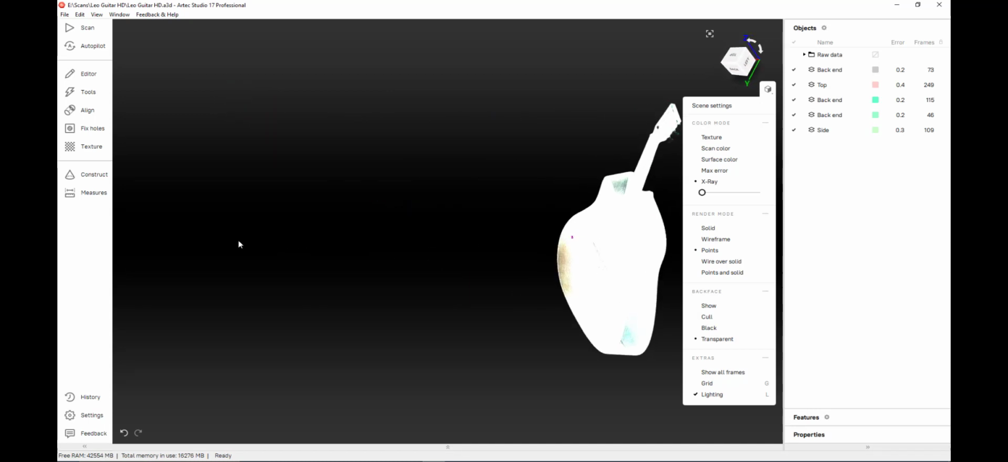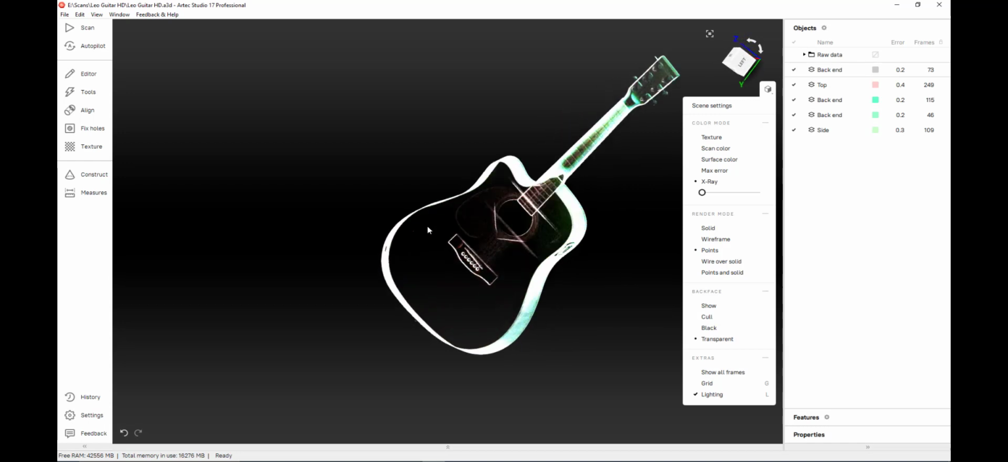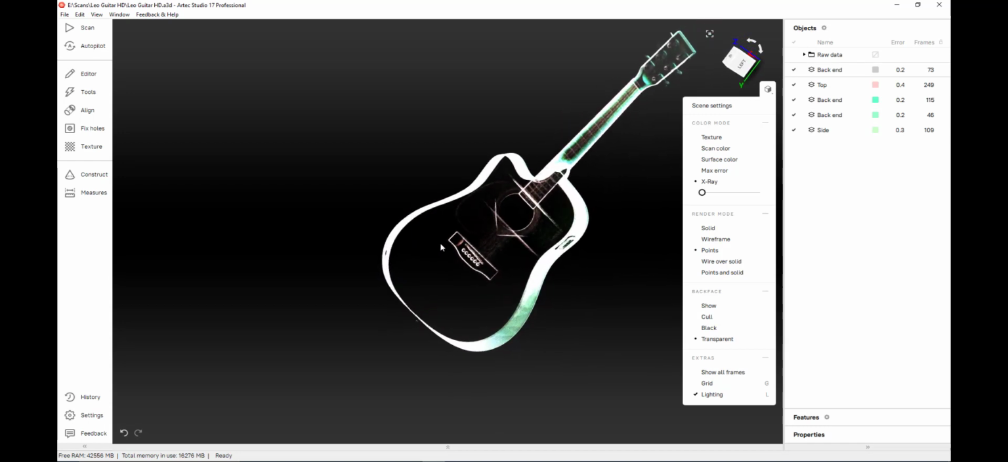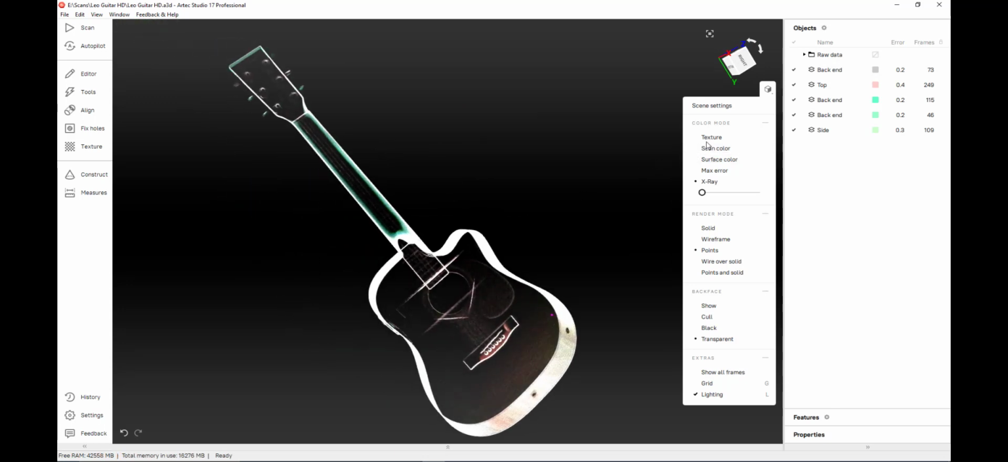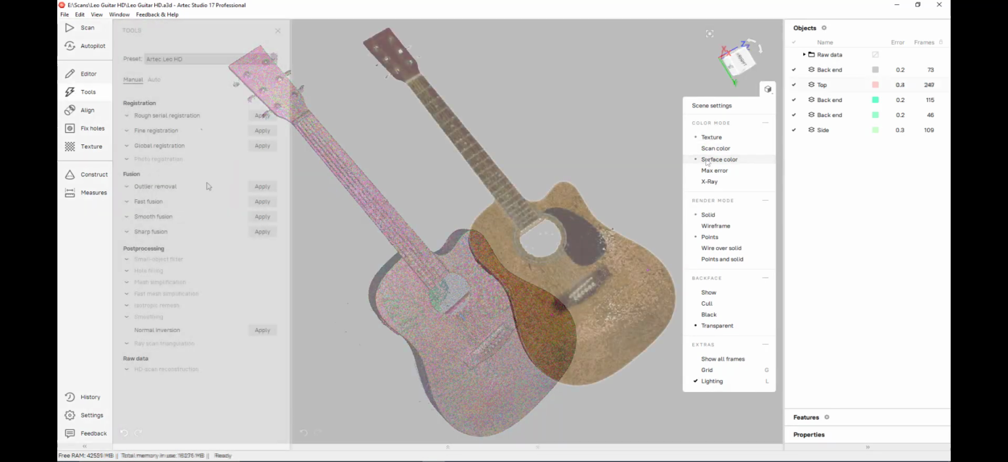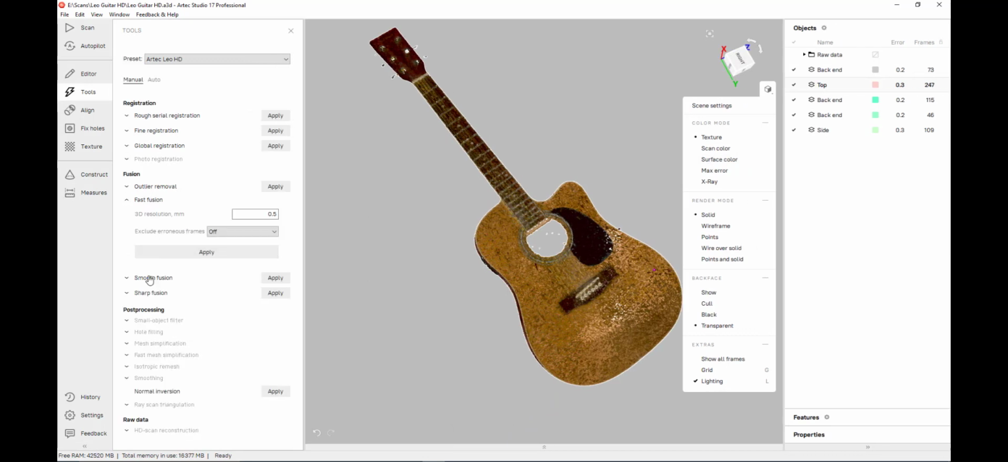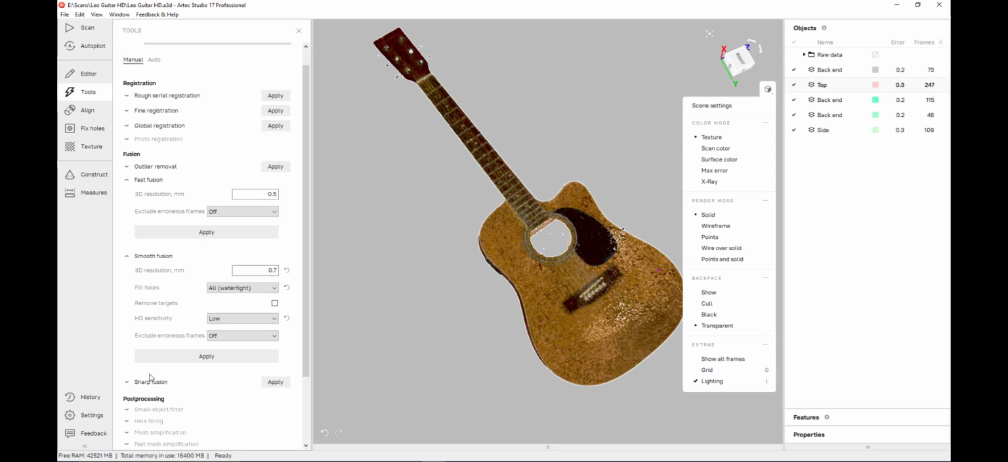For render mode, we can display our scans in a preview solid form, wireframe, or points to see how our point cloud looks. Utilizing the different options with the scene settings can greatly help with identifying troublesome areas and cleaning up your mesh. Now that our scans have had global registration run on them, we can continue on to the